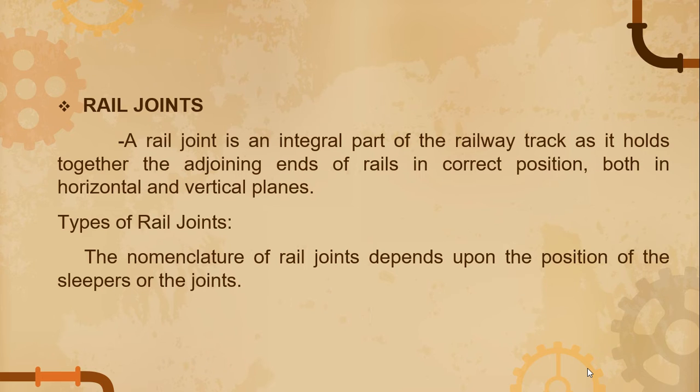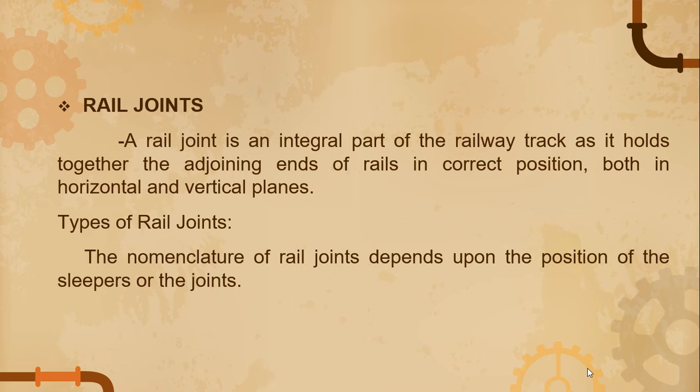At the joint, there's a break in the continuity of the rail in both the horizontal and the vertical planes because of the presence of the expansion gap and imperfections in the levels of rail heads. A severe jolt is also experienced at the rail joint when the vehicles negotiate the expansion gap. This jolt loosens the ballast under the sleeper bed, making the maintenance of the joint difficult. The fittings of the joint also become loose, causing heavy wear and tear of the track material.